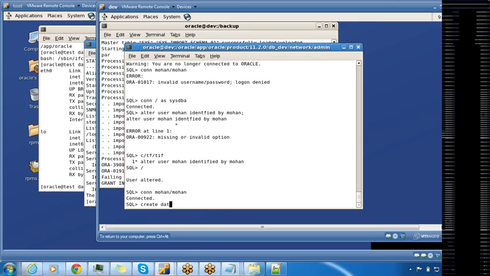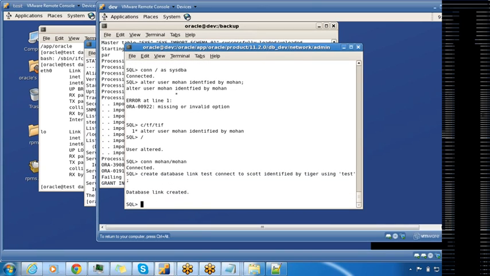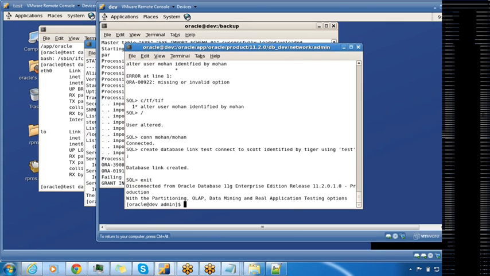I'm creating a DB link. Create database link test connect to Scott identified by tiger using test. This will create the DB link. Okay, now the DB link is created. I'll exit from sqlplus. So my task is, under Mohan, I want to create a table copying from Scott user of